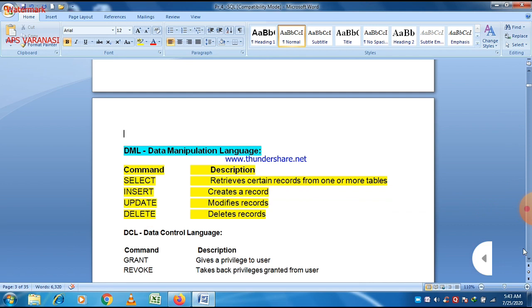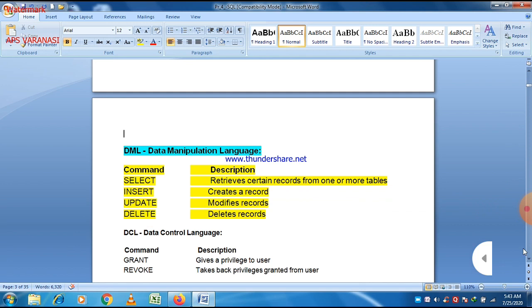Because the update table command is a part of a DML statement, because using the update table command we are able to update the data. So if you want to change the data of a table, you just use the update table command, and if you want to change the structure of a table, then just use the alter table command.